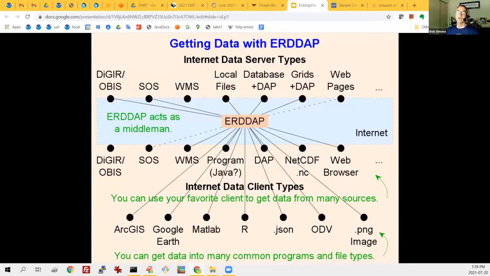So zooming out, ERDDAP is designed to be a middleman data server. That is, it can read data from a variety of sources, including local CSV files, a local database, or a remote data server, and offer that data to the user with full metadata in a very standardized way, regardless of the source of the data. So it does what this session seeks to do: deal with diverse sources of data, including CSV files, so they can be read, processed, and so they can be found by users and the data used.